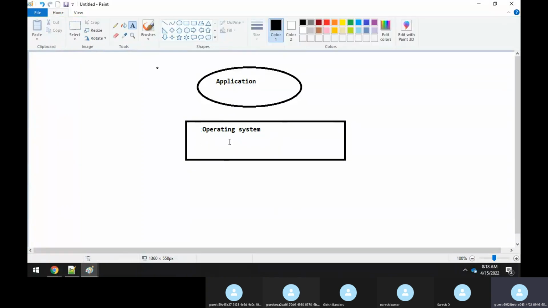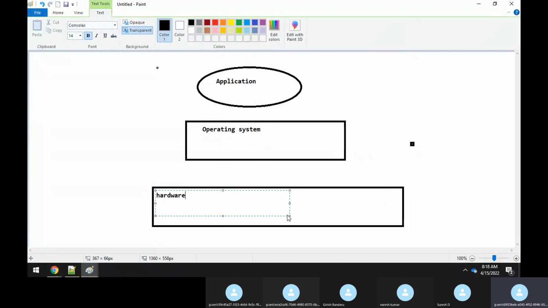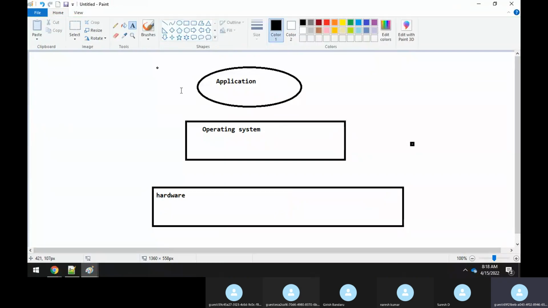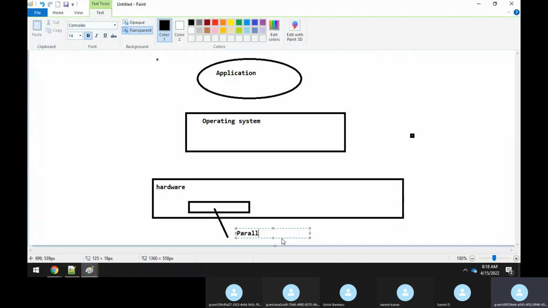And below it you have the hardware. Correct. Now you say, Rajesh, my application wants to interact with one of the hardware in the system. What is that hardware? Basically, it is a parallel port actually. Simple. It's the same parallel port.